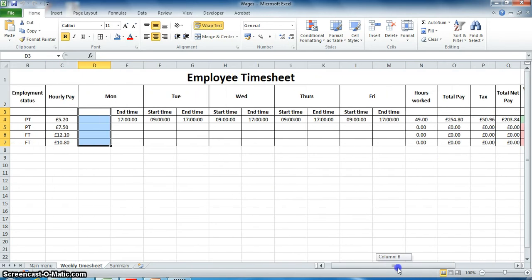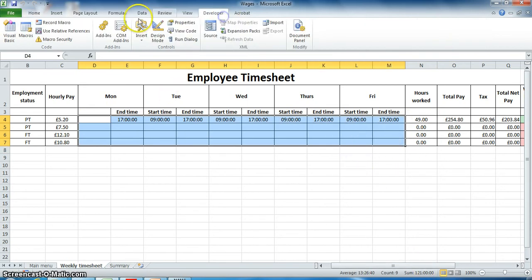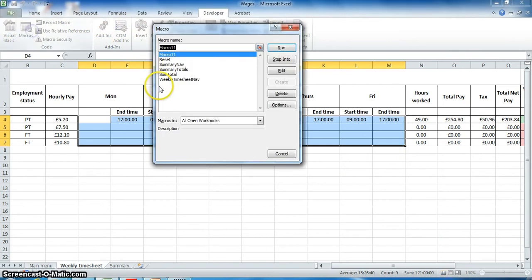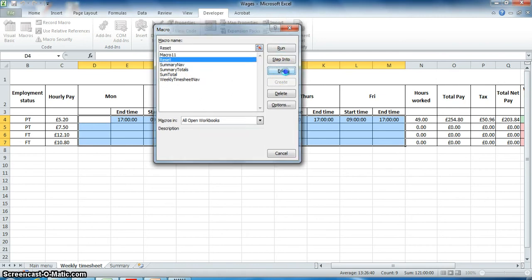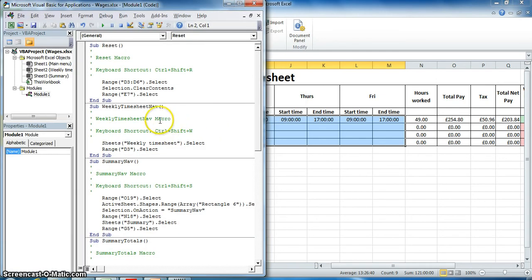So just to show you how that works, because really what we were wanting to reset was the hours worked, but obviously now they're calculated. The area that we want to reset is actually the time input, and so to do that we need to go and have a look at that macro. So we head off to the developer tab and open up the macros, and then we want to have a look at the reset macro, and we want to edit that macro. And if we go and have a look at what it was doing,